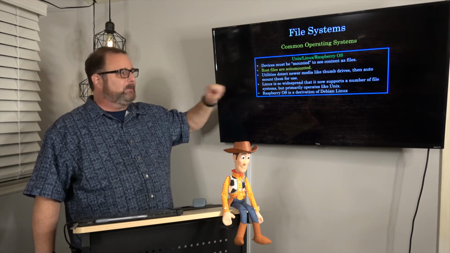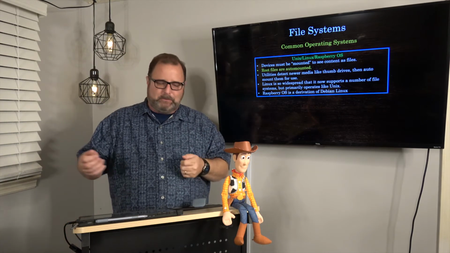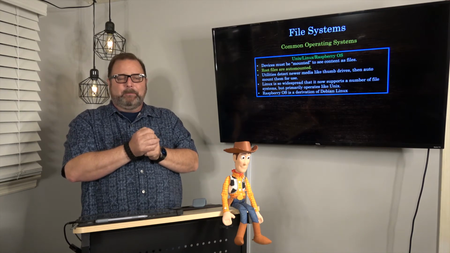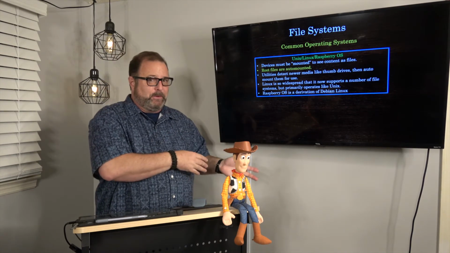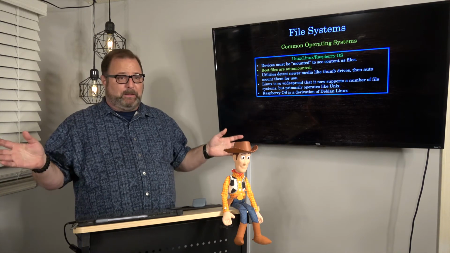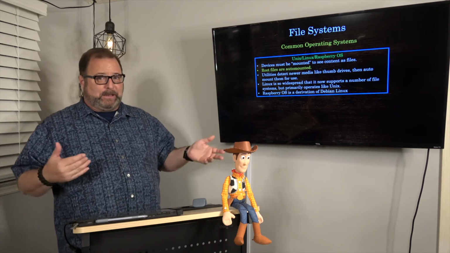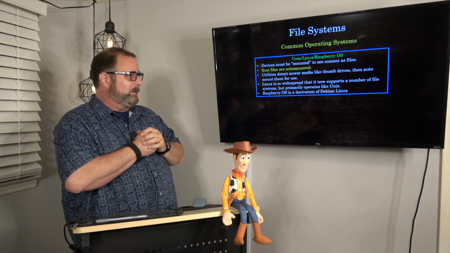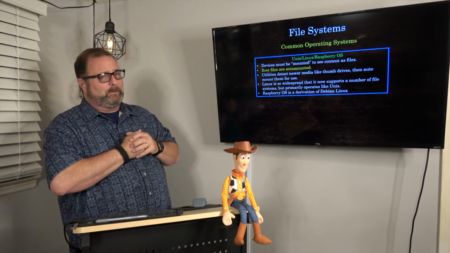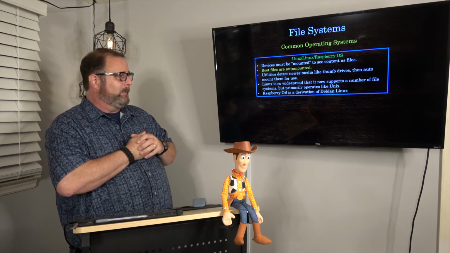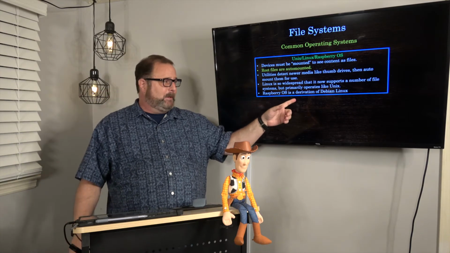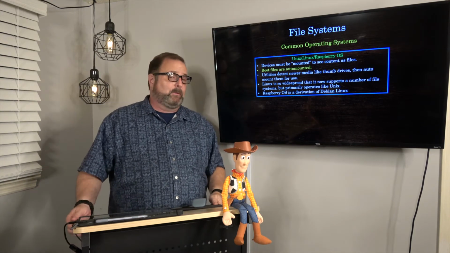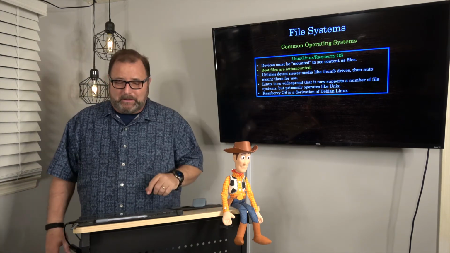Now they have utilities that will detect when you plug a thumb drive or a new hard drive or anything into the USB, and auto-mount it for you. Why? Because every other OS in the world makes it easy, so Linux had to catch up. Okay? And it is so widespread that it now supports a number of file systems, but it still primarily runs like Unix. And the Raspberry OS came out of Raspbian, and it is a derivation of Debian Linux. It's kind of come into its own very, very recently, so it's going to be interesting to see how that